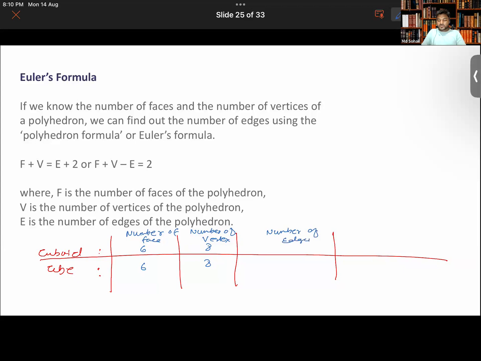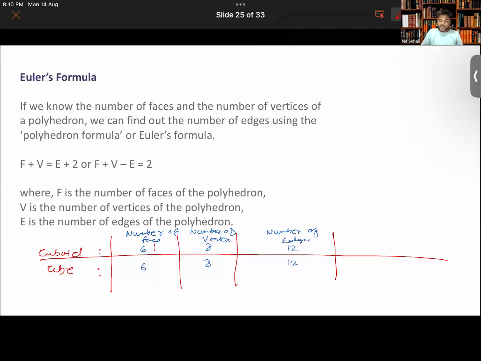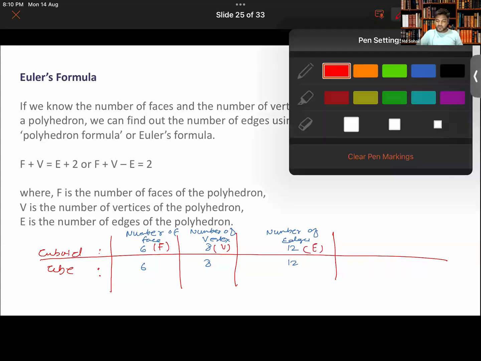Number of edges are 12. Right. So the number of edges is given over here. Now, if I were to represent them like this, let's say faces by capital F, vertices by capital V, and edges by capital E. Okay. Now, here you will see that